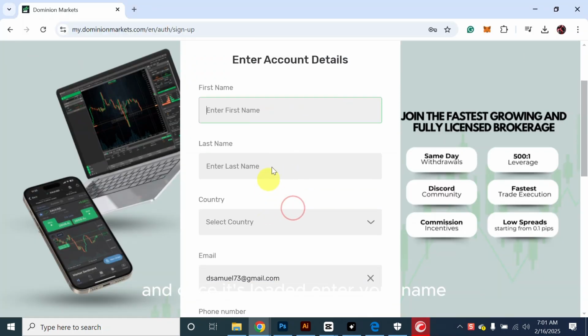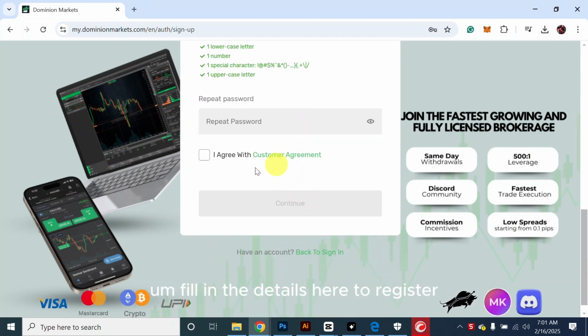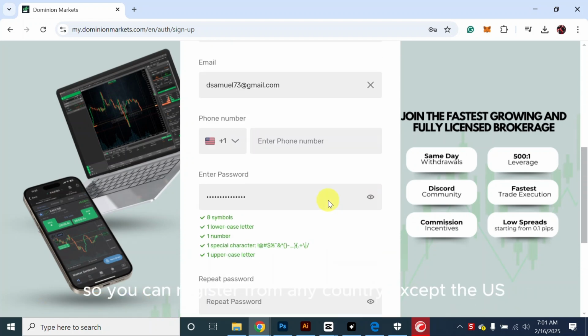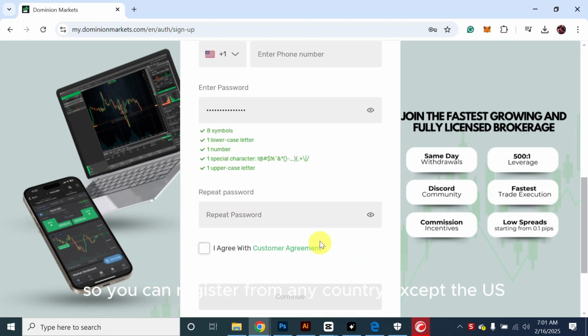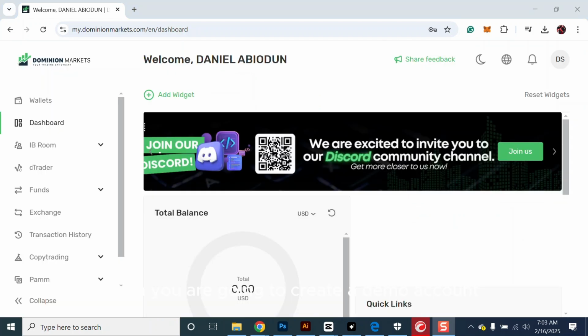And once it's loaded, enter your name, fill in the details here to register. You can register from any country except the US. When you register, then you are going to create a demo account. Okay, so you are going to be on your